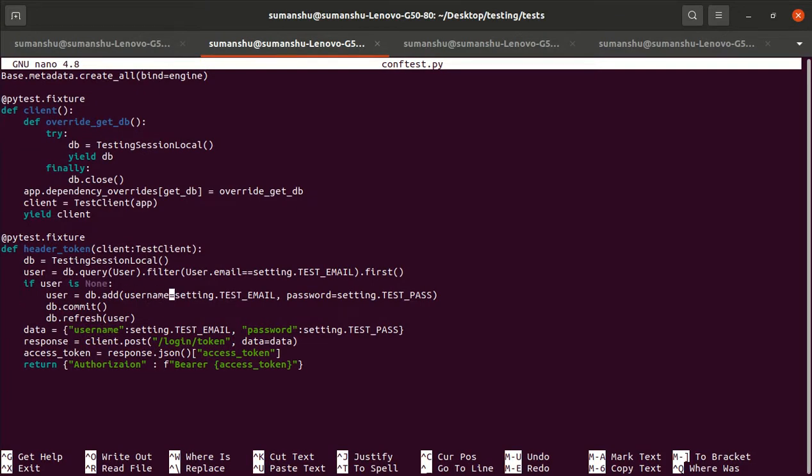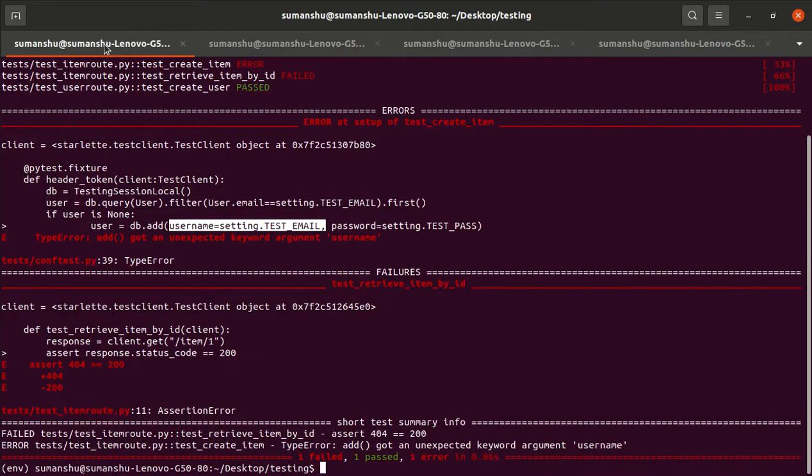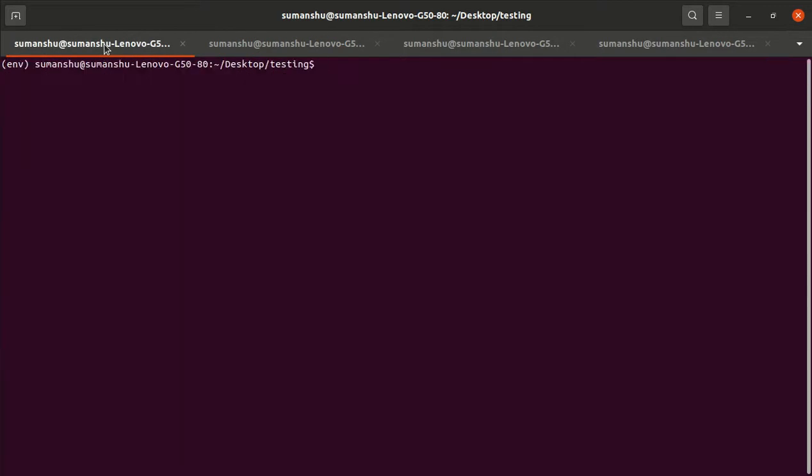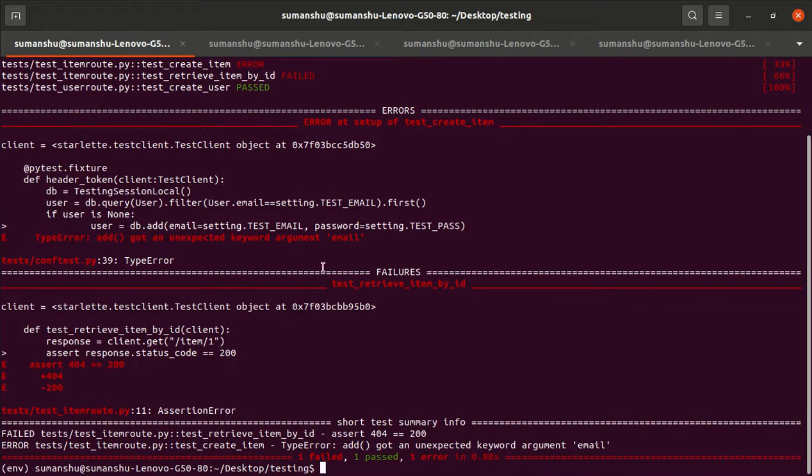In the user table we don't have the username, but we have the email. Again it will fail. Add got an unexpected keyword argument email.